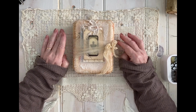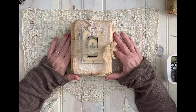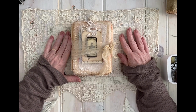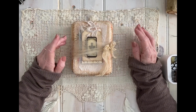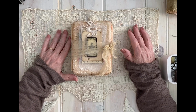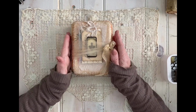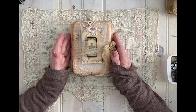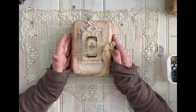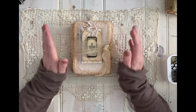I'm not gonna take a really long time, it's just a little teeny project, but I did want to share some little stories with you along the way so that you sort of understand the genesis of how this project came to be. First of all, I just want to let everyone know, I would say this is a little prayer journal or a devotional journal or whatever you want to call a journal that you would use to write your private faith thoughts or